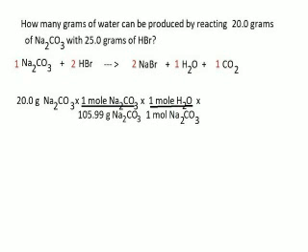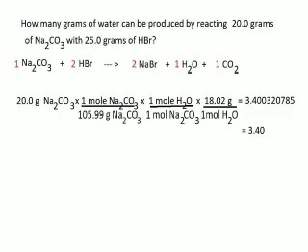Next step. Third step in any stoichiometry problem is, of course, our mole ratio. 1 mole of sodium carbonate produces 1 mole of water. And our last step, go to units, and it wants an answer in grams of water. So 1 mole of water, 18.02 grams. So 20 times 1 times 1 times 18.02, that's everything on the top, divided by 105.99 divided by 1 divided by 1, that's everything on the bottom,